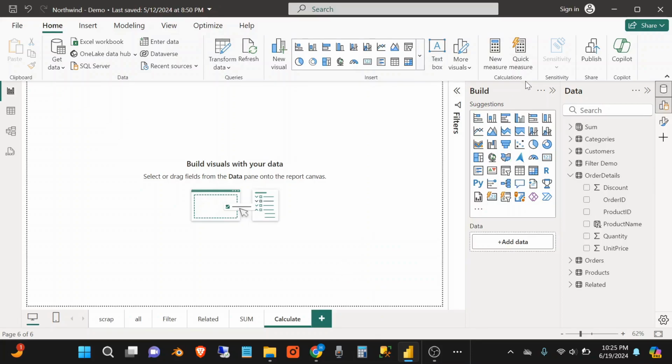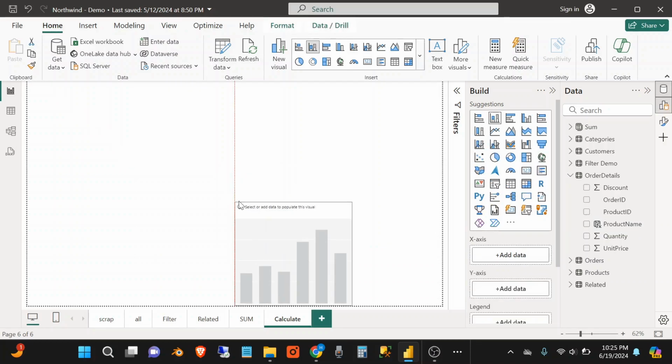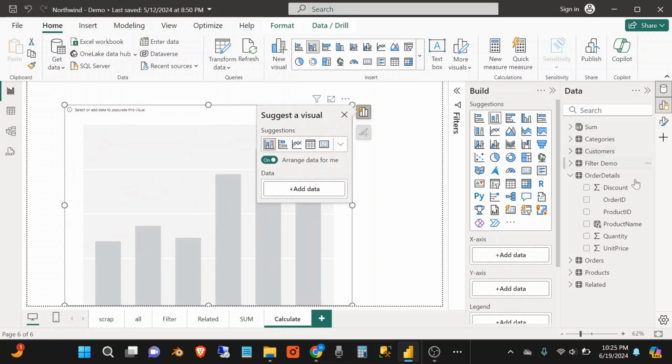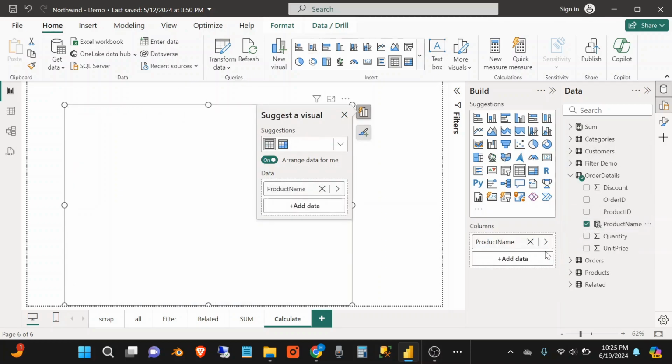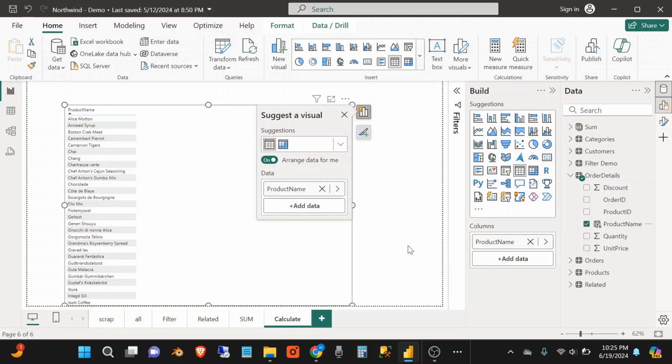So in this video, I want to go over how to use the calculate function in DAX. This is the Northwind data set again. We're going to be focusing on this order details table, and we're going to create a table with just the product name. So I'm just going to drag that in there. And we want to count the number of orders in this order details table where the unit price is greater